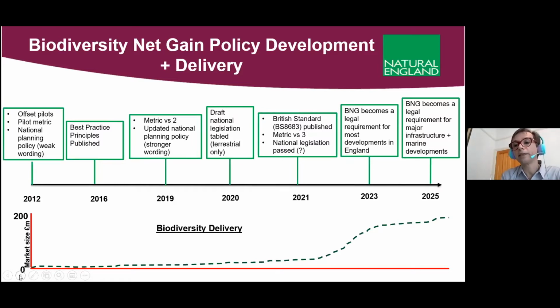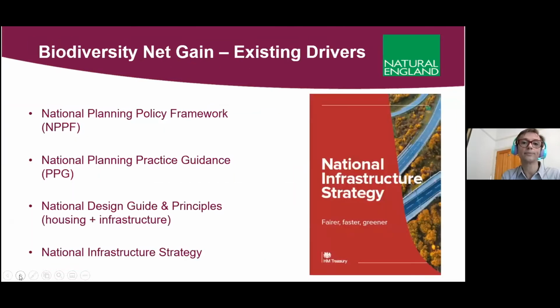That was fairly steady and fairly low for a number of years, but we're really beginning to see that escalate now as projects are moving towards a situation where they legally, as Claudia said, are going to have to deliver this. And that's unlocking lots of potential to invest in the natural environment. So a lot of work has gone into this. It hasn't happened overnight, but it did lead to the Environment Act and its requirements for a mandatory biodiversity net gain, which I'll talk about in a bit more detail now.